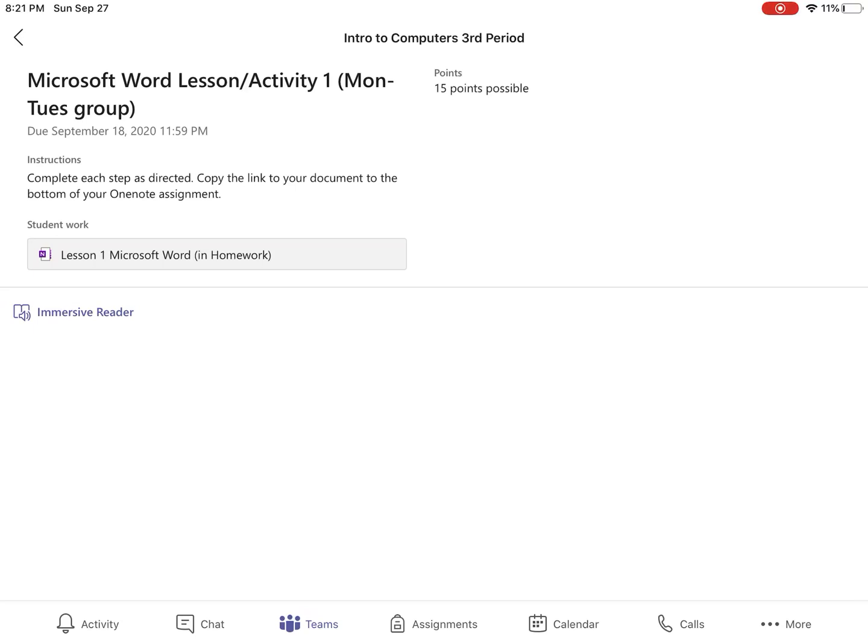Okay, so what's going to happen is, and you're not going to see it on mine because mine's in the teacher view, but right underneath of where your assignment is, that gray bar, right underneath of it, it should say add work. When you click on that, it will let you add the file that you just created. That's going to be the easiest way for you to turn in your work. So just click add work. It'll be right underneath of that little gray bar. And then of course in the top right corner, click turn